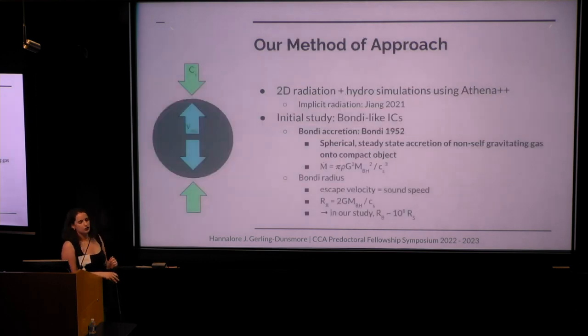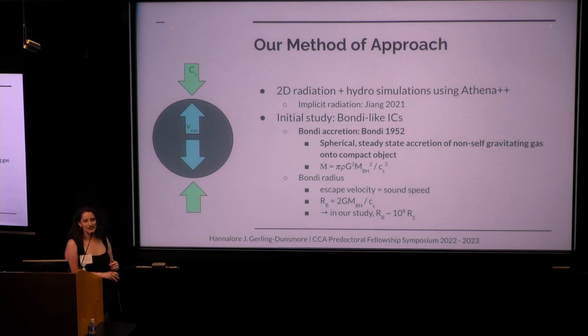So our method of approach to look at this is we are using 2D radiation hydro simulations using Athena++. And importantly, we are using the implicit radiation implementation that Yanfei developed and is described in Jiang 2021. And in our initial study, we are looking at what we call Bondi-like initial conditions. Bondi accretion is spherically symmetric accretion of a non-self-gravitating gas onto a compact object. And this was introduced by Bondi in